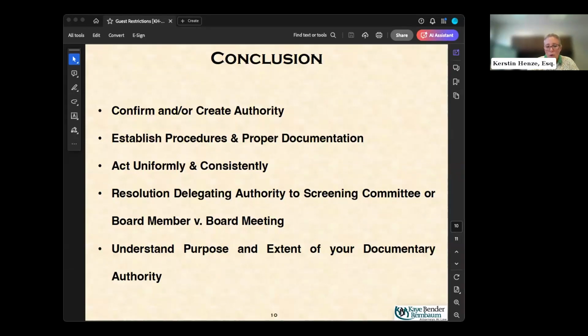Now, who do you want to be the authority for approving or disapproving this application? Do you want that to be on the board? Do you want the board to take that action, or do you want to delegate this authority to a screening committee? Okay, so if you want to delegate this to a screening committee, then check your bylaws, see what committees